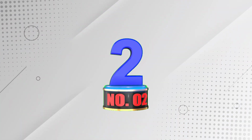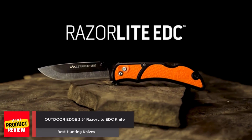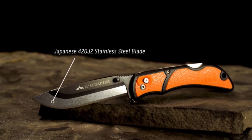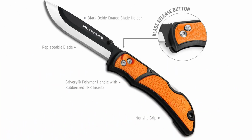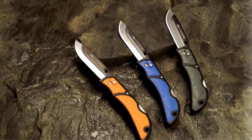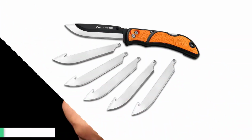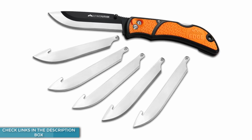Number 2. Outdoor Edge 3.5 Razorlite Edge Knife. The Outdoor Edge 3.5 Razorlite Edge is a folding knife with a pocket clip and one-handed opening for everyday carry. It features Japanese 420J2 stainless steel replacement blades that are precisely heat-treated for excellent edge retention and hand-finished to a shaving sharp edge. The black oxide-coated blade holder provides the strength of a traditional knife and the sharpness of a